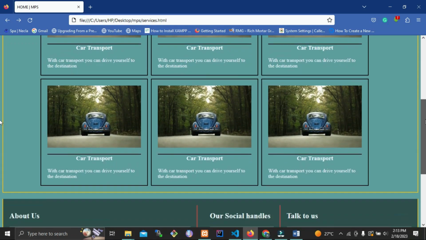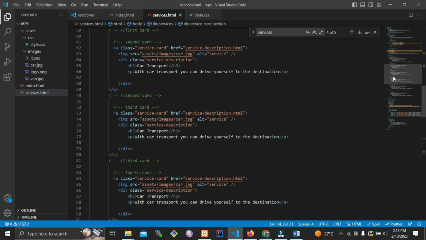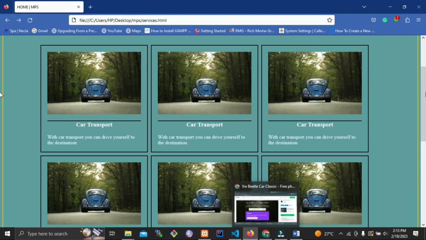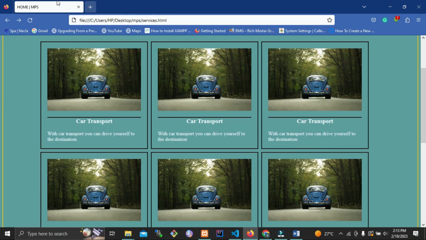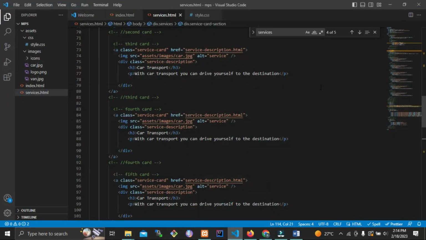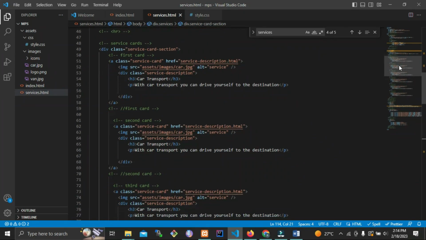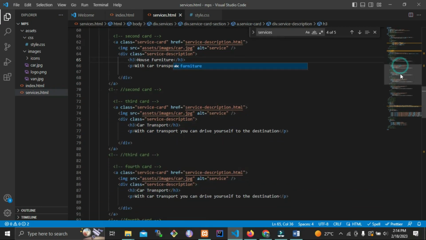So what you can do, let's try to change images, and we're going to have several services. So the height, I want to try a new image. So we have car transport. We're going to have house furniture as one of the service, office things, packers and movers, and any other that we can be able to add. So let's add the first three at the top. Car transport, we can say house furniture, house furniture. We can have office things,